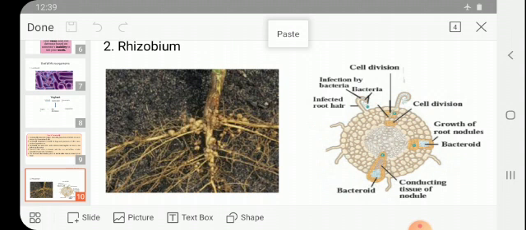The next important thing about it is that nitrogen fixation takes place, that you studied. They also reduce the adverse effect caused due to the chemical fertilizers. This is one of the important things. The rhizobium reduces the adverse effect caused because of the chemical